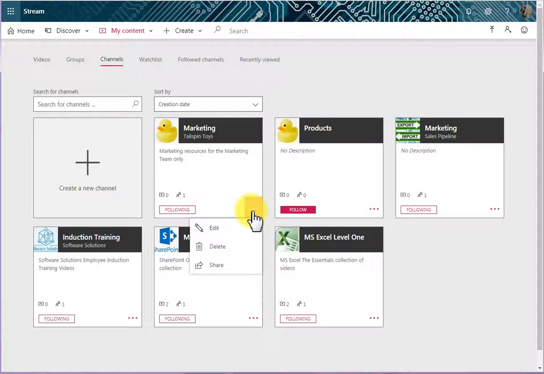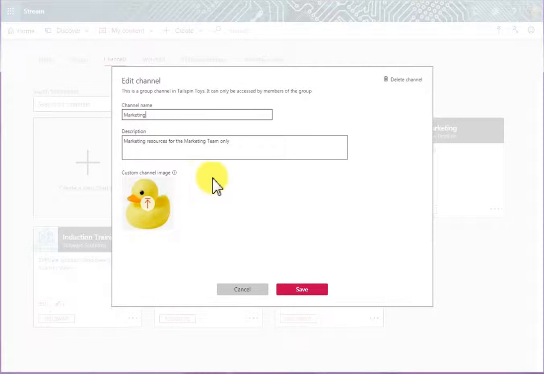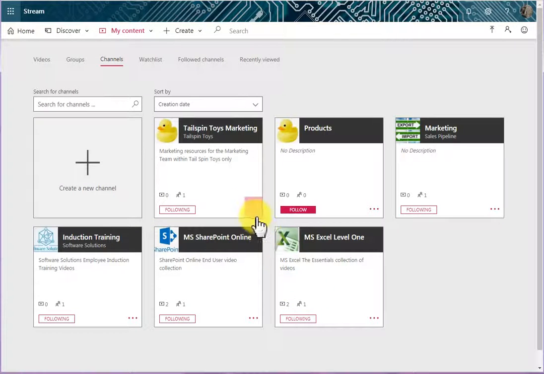If I was to click this option here, I have the option to edit a channel. And so I would return back to here, and I could edit the channel name and make it a bit more specific to that group. And save. If I went back to this option here, I also have the option to delete this particular channel,